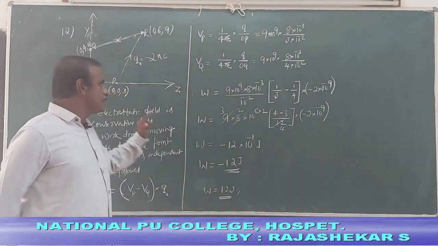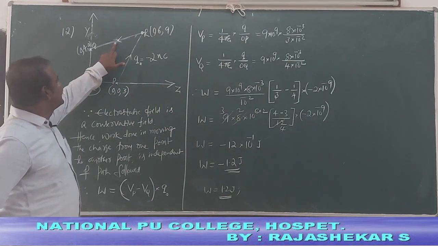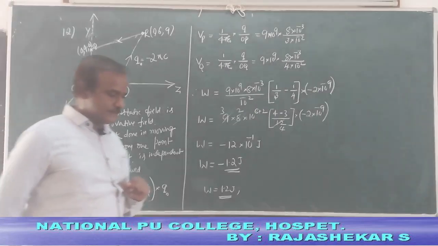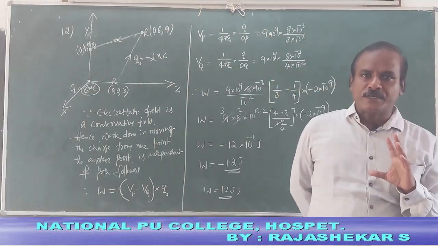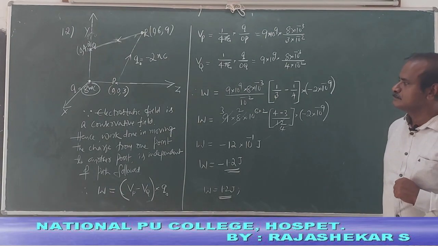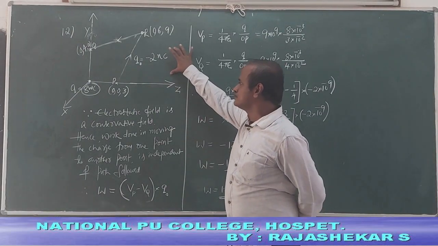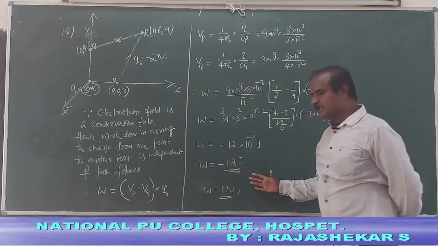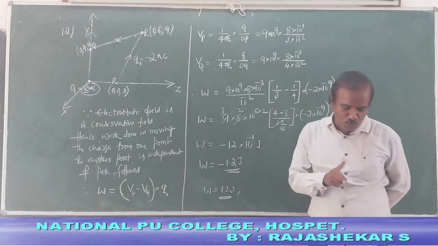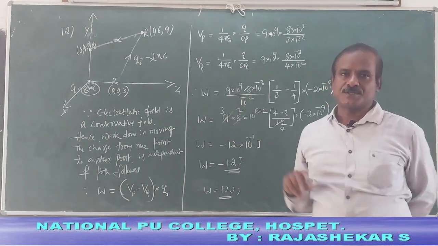So very important to understand in this question is that the electrostatic field is a conservative field. This is what we have to understand. It is independent of path followed, but depends only on the initial and final position. If at all such a question is given in the examination, you better show this in a picture, in a diagram, and write the steps clearly and arrive at the result. Potential difference into the charge moved gives you work done, and this work done, of course, is stored as electrostatic potential energy between the system of two charges.